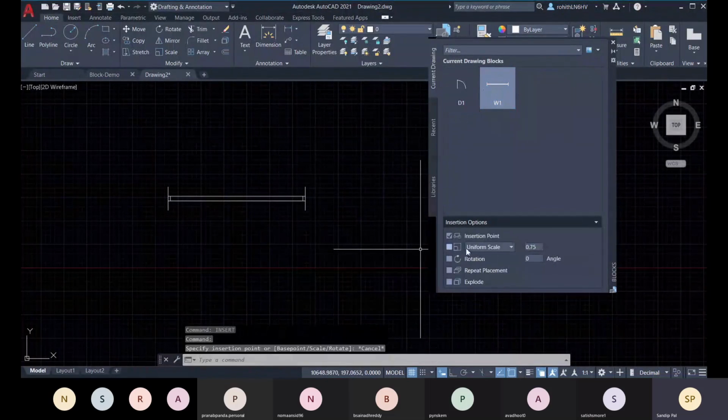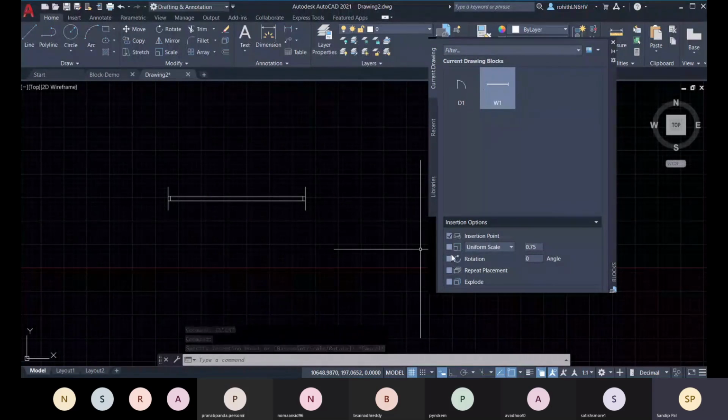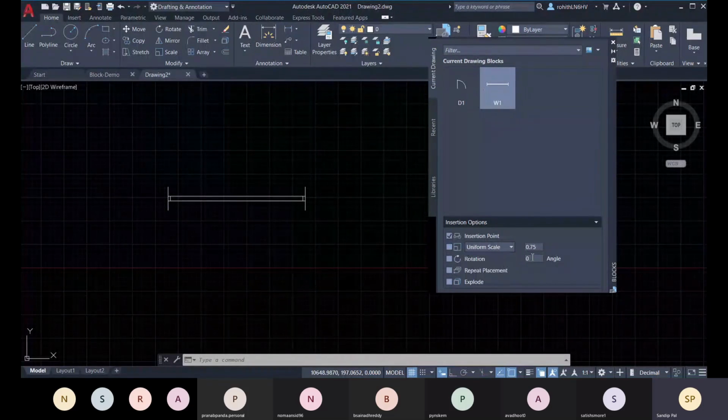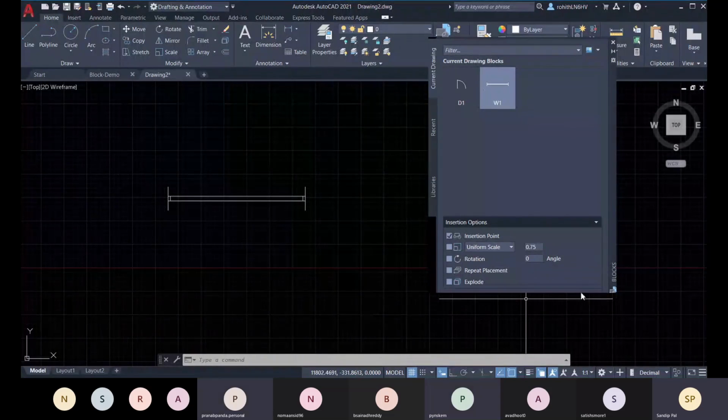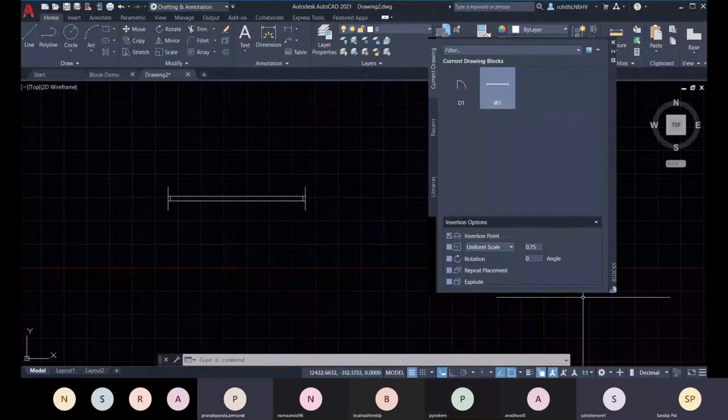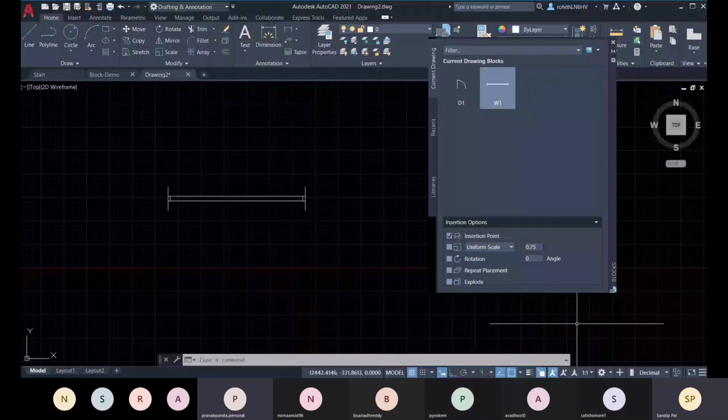Now tell me about the scale. What should I choose? Uniform scale, or this scale, or what will be the value? Tell me everything. Uniform scale.